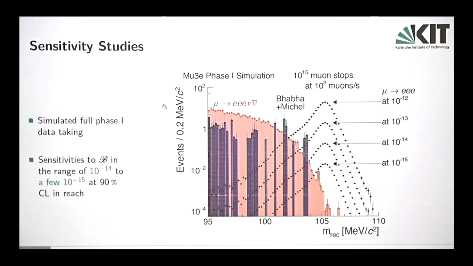And this is what it would look like if we do the experiments. So we have our backgrounds, the rare muon decay, the accidental combinations, and then here's signal projected at different branching ratios, which comes out at the muon mass. Now, I always find it looks a bit scary, this accidental background, and it's very difficult to actually simulate this.